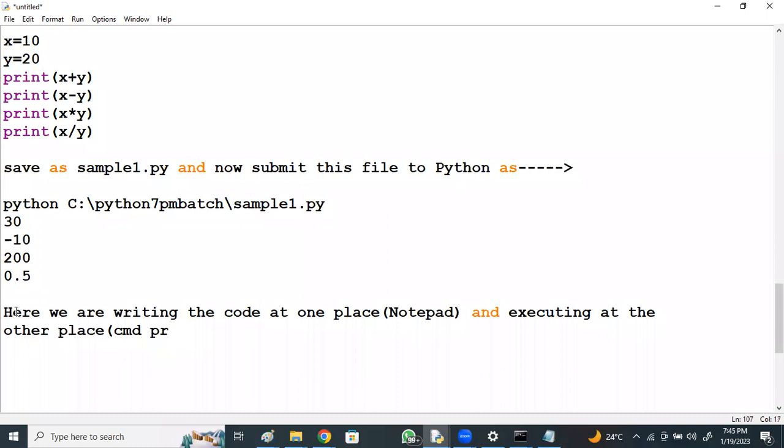It is a little complex, right? Writing at one place, executing at another place, giving the path again, and if the path is wrong, it fails.